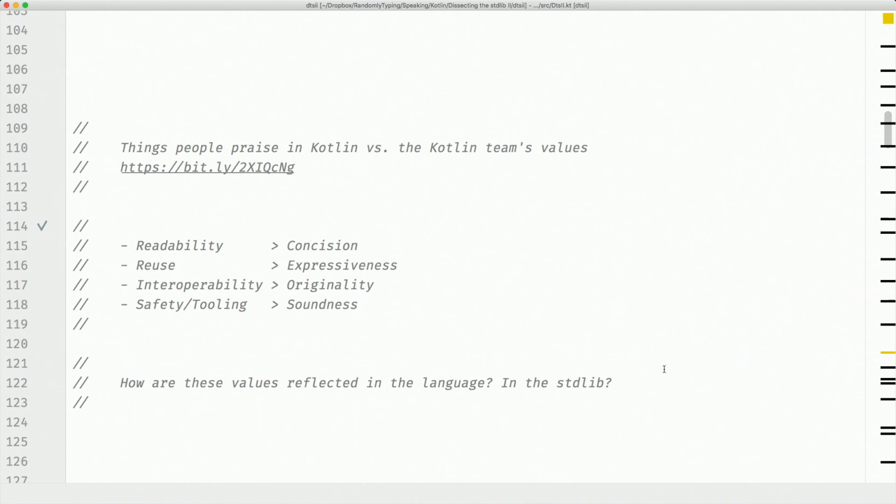And something else he said, which is really interesting, is that rather than valuing expressiveness, they value reuse, right? Abstractions that you can reuse everywhere, rather than having a language that lets you do all the things, although that is very nice. Something else that was really interesting is that one of their values is, rather than being an original language, and I interpret that as really cool, different, unique features,